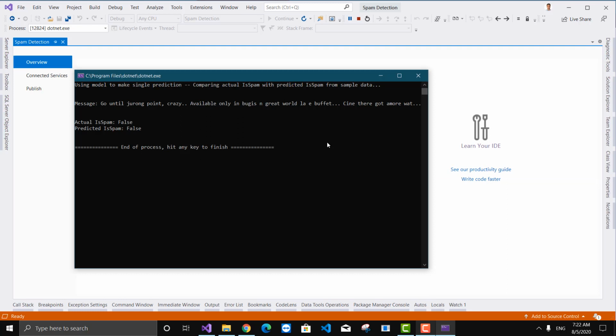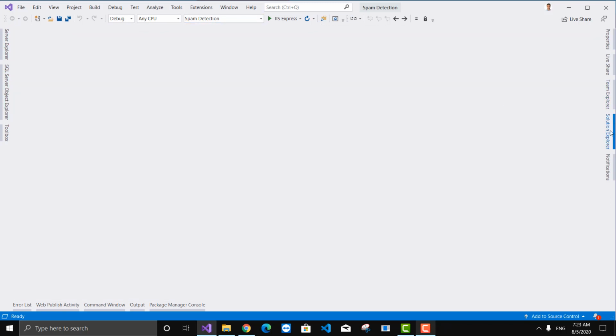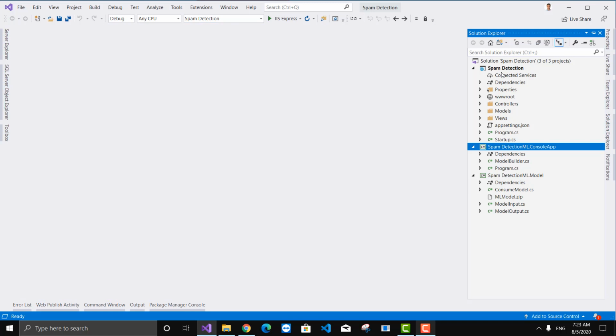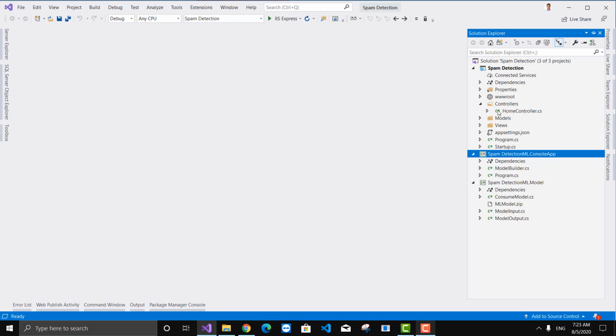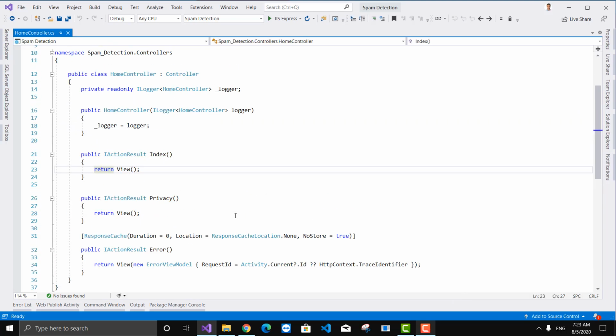here you can see it selected a random input from my dataset, and then it shows the actual result for this problem: this is a spam message, the actual result is false, and the predicted result is also false. Now I am going to consume the newly designed machine learning model in my ASP.NET Core MVC project. I will not create a new controller. I am going to use the existing controller, that is the home controller.